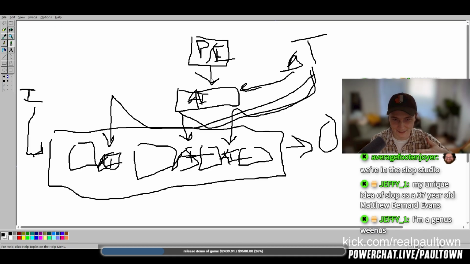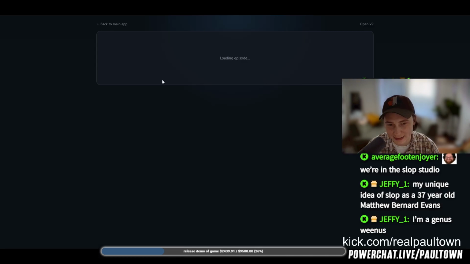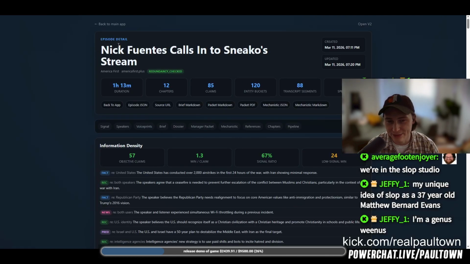But usually it's like some mana. So for example, this is all the different pipelines. And then you go over here. This is a pipeline. The data goes in, which is the America First URL, and then the video gets pulled out, and then it gets pulled through. It gets sent to an API.